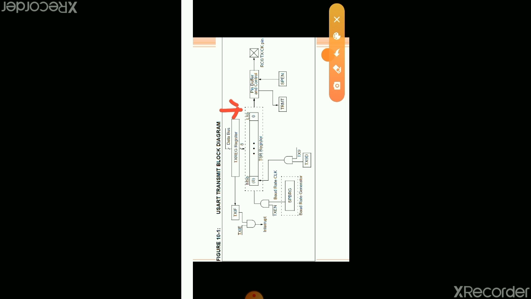When this 8-bit data is copied to the transmit shift register, TSR, then the transmit interrupt flag is set. And it is very important that the transmit enable bit should be set, then the interrupt is generated, that is, bits are going to be transmitted. Then afterwards bit by bit the bits are transmitted out.